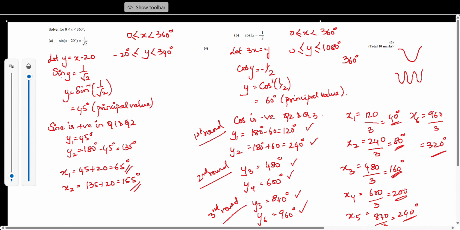So this is a very commonly asked A-level trigonometric equation solving question. Regardless of what the ratio is or what the sign is, if you follow these steps, especially when there is a transformation, the chances of making mistakes are greatly reduced. It makes things crystal clear for students and helps you identify how many values there are, and easily with this standard set of steps you should be able to solve any